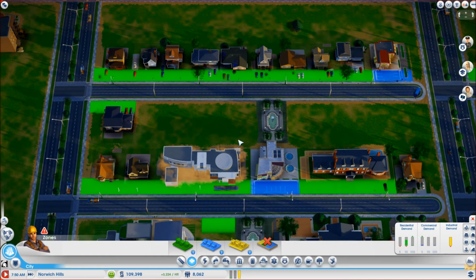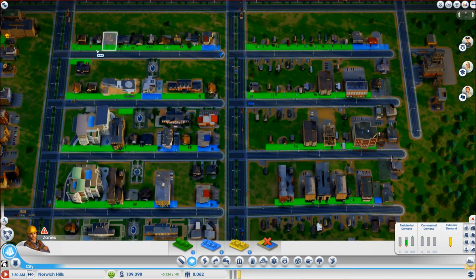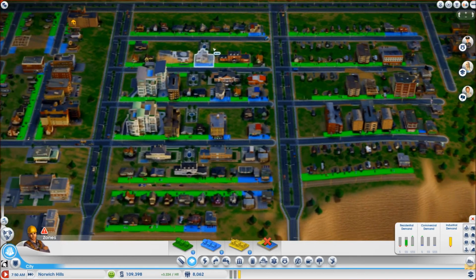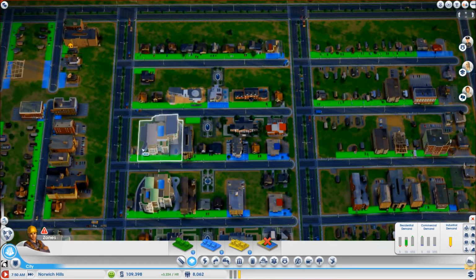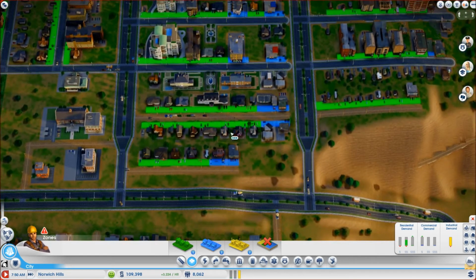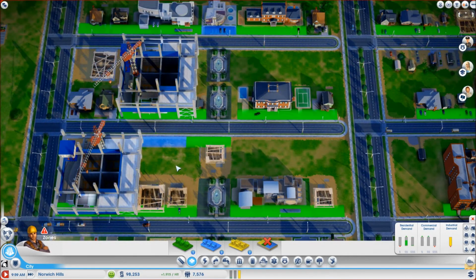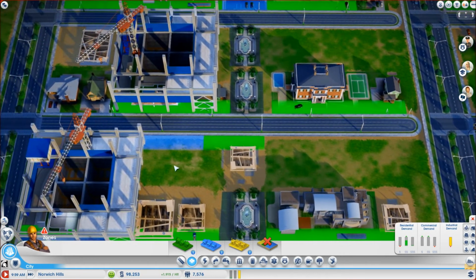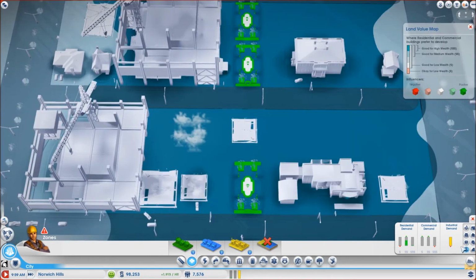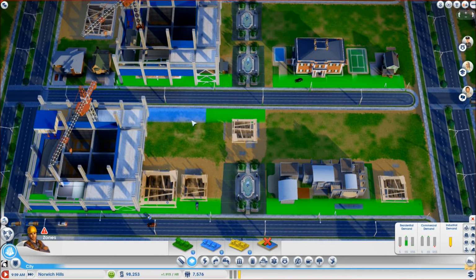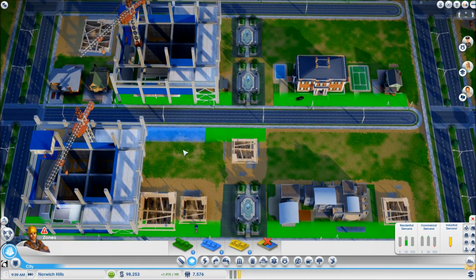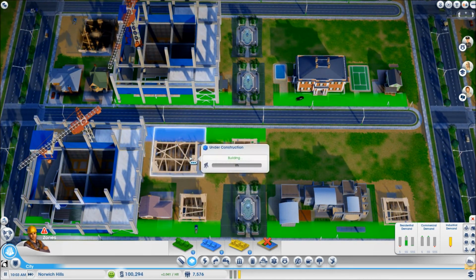Now I'm going to keep using the same system I just showed you in creating medium density that I like and the size of the buildings that I want in this entire neighborhood. Now another trick you may use to get exactly the building you want is something like this. This exactly here is high wealth land value. Now if I place a commercial as I have here and let the time pass, it's going to create a